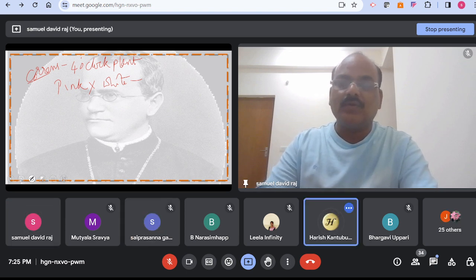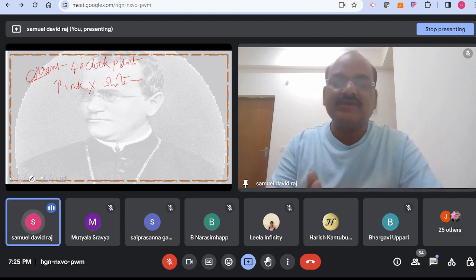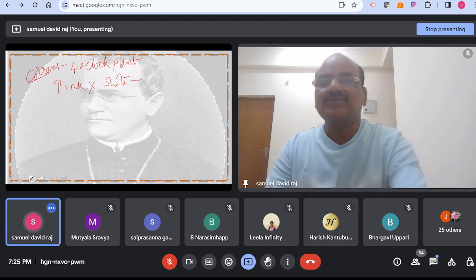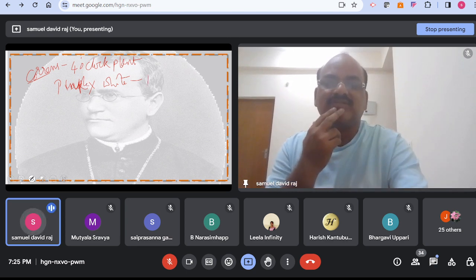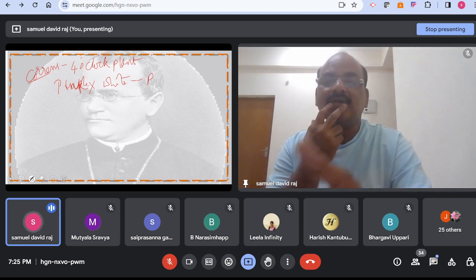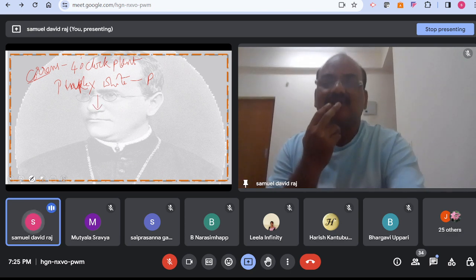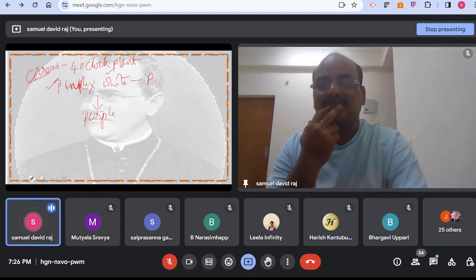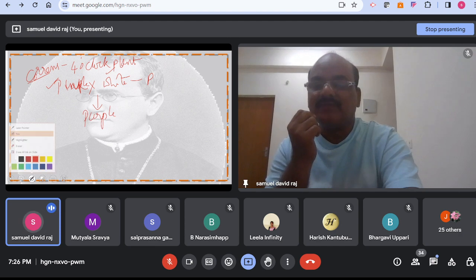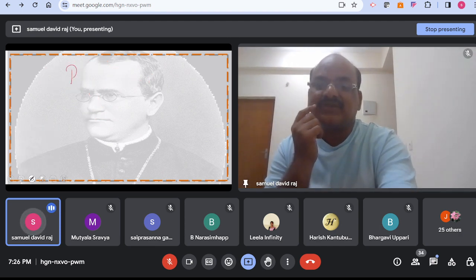Yes, sir. Okay. So he has taken two varieties. One is said to be purple, the other is said to be white. So this is the parental generation. According to Mendel, what should happen? One of these two characters should appear. Either purple or white should appear. Okay. But here is